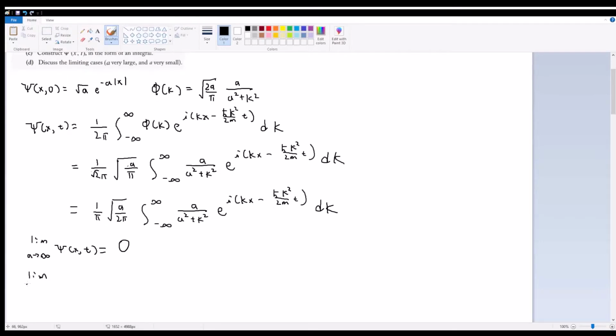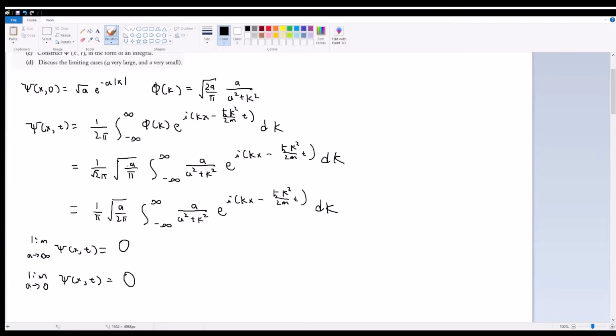We can analyze the limit as a goes to 0 as well. And what we see here is that we have a 0 at the front, so automatically we have a 0 right here. This is going to turn into 0. We also have a 0 from the a over here. The bottom is going to go to just k squared. So automatically this is also going to equal 0. So in both cases, the behavior of psi of x comma t approaches 0 as a goes to